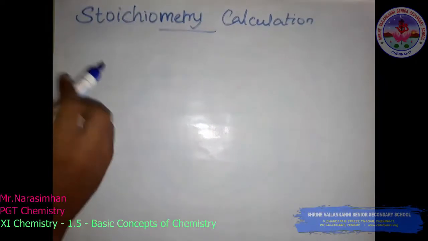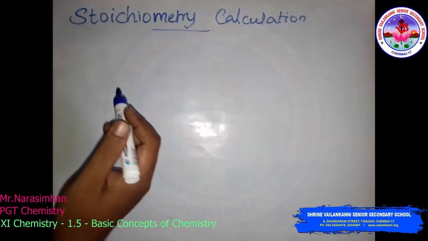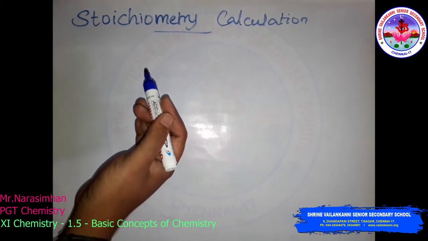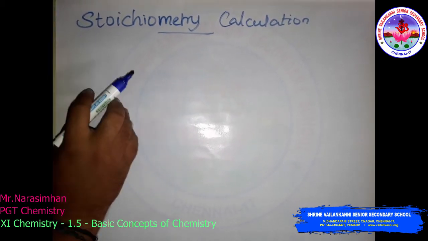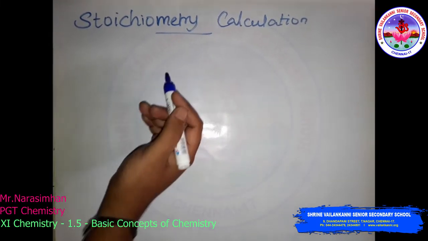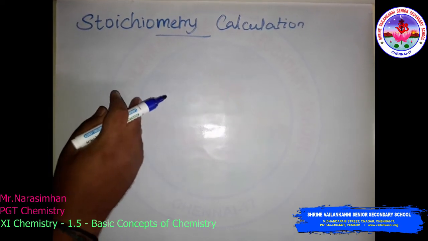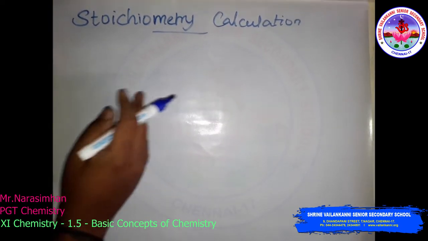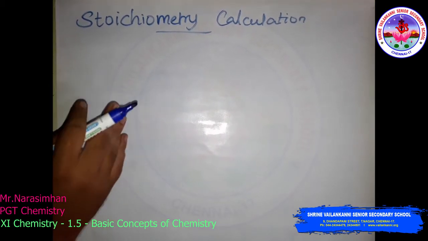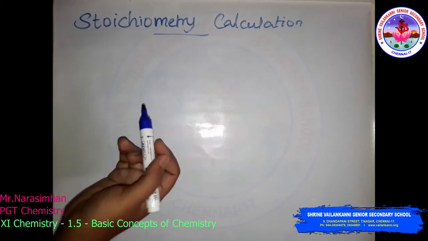The next topic is stoichiometric calculation. Stoichiometry deals with the calculation of masses, sometimes volumes also, of the reactants and the products involved in a chemical reaction. See how to calculate the amounts of the reactant required and the product produced in a chemical reaction. That is called, already we studied in lower classes, the balanced chemical equation, that is hit and